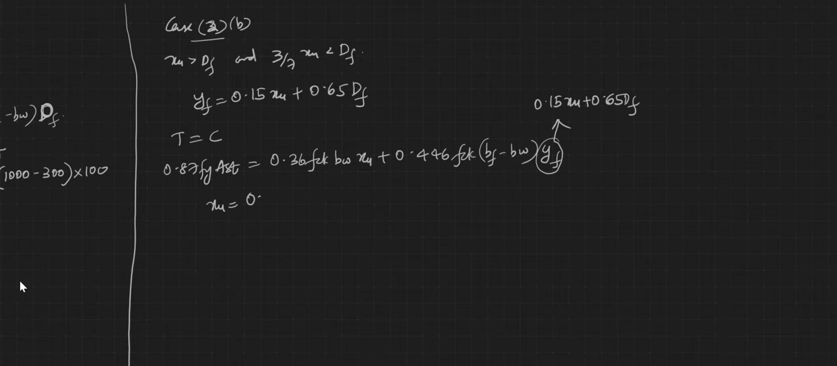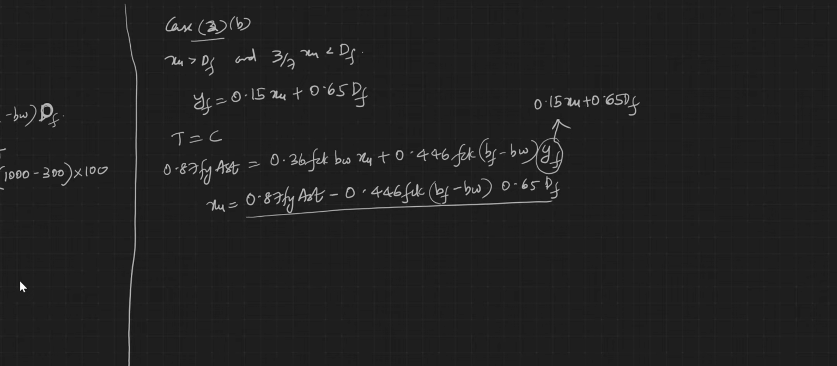0.87 Fy AST minus 0.446 FCK (BF minus BW) into 0.65 DF, divided by 0.36 FCK BW plus 0.446 FCK (BF minus BW) into 0.15. So substituting the values for given Fy as 415, AST as